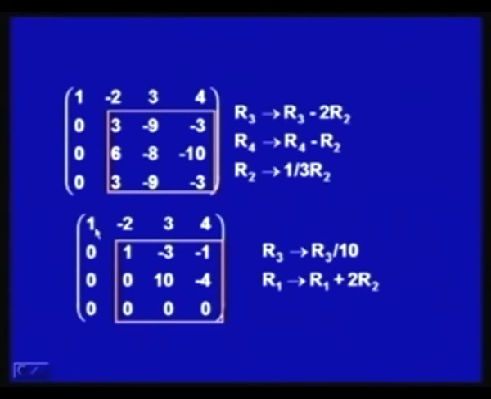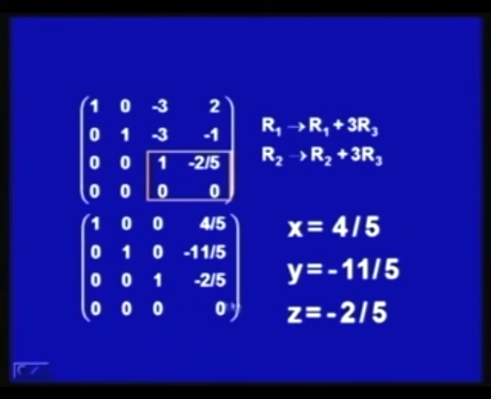Now, you may notice that this is 1, but this is not 0, this also has to be 0, this also has to be 0. So, to apply this, I will say R1 is R1 plus 2 R2, so that this element will become 0. So, the result is this becomes 0 and we will have this sub matrix. Now, in this sub matrix I apply R1 is R1 plus 3 R3, so that this will become 0, and R2 is R2 plus 3 R3, so that this becomes 0.